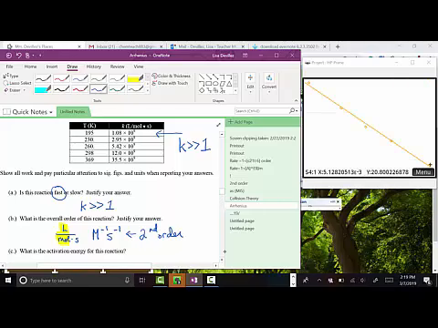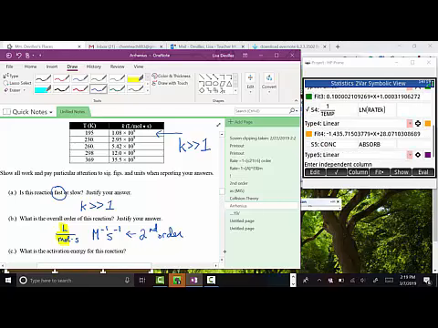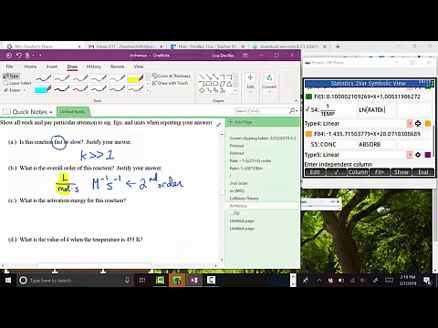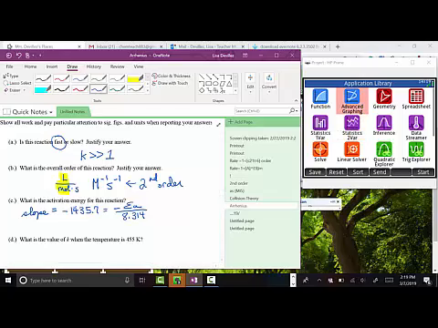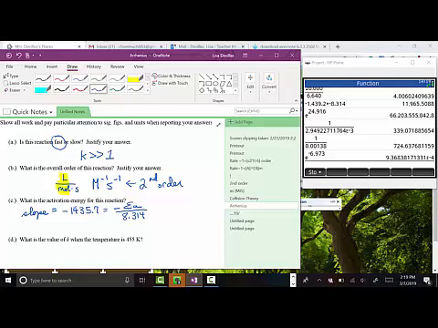Okay, so there's my line. Go back to my symbolic view. And for the S4, let's move this down a little bit. So I see that my slope for this is equal to negative 1435.7, which is equal to negative activation energy over the 8.314 R. So go back into my function app, and we get negative 1435.7 times